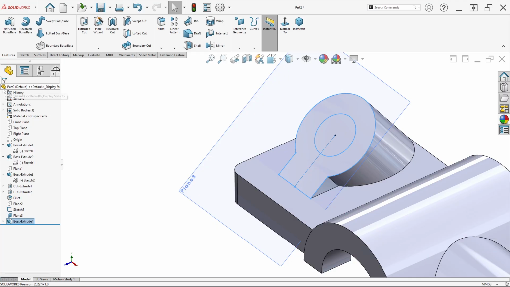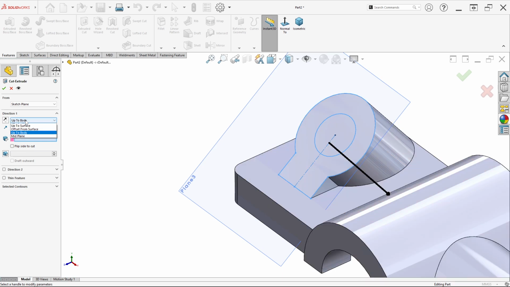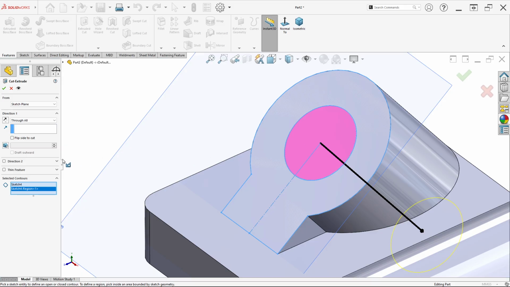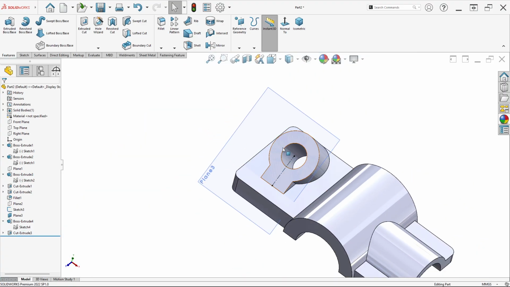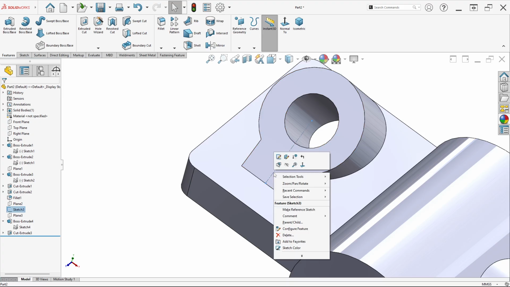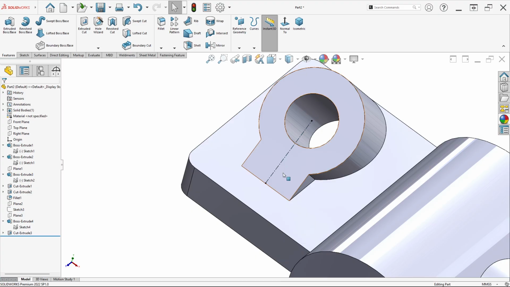click OK, and now we can click again on Sketch 4, click extrude cut. For direction change to through all, but for select contour just select this sketch or this circle, direction through all, just click OK, and done. Right click on this plane and click hide, and now we can hide this line. Right click and click hide,